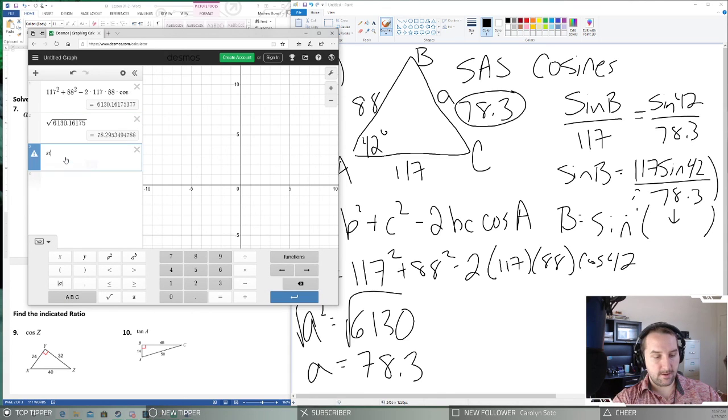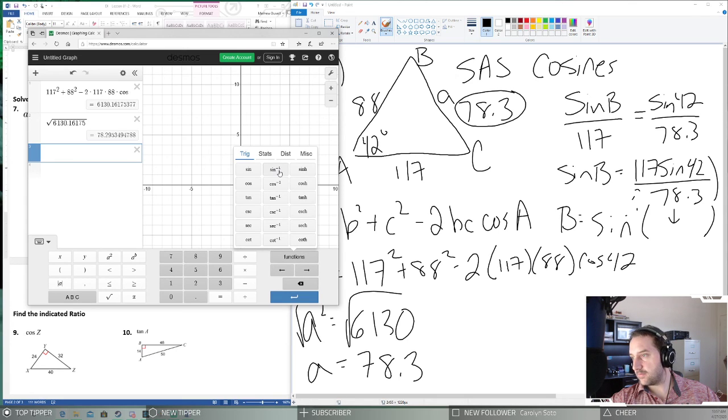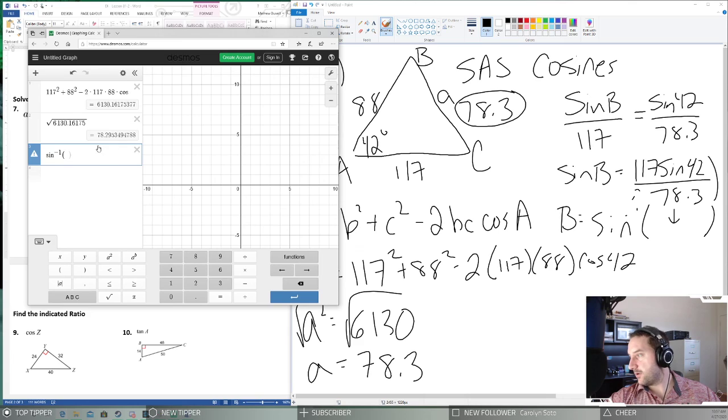So sine inverse, that won't work. I have to use the functions. Probably going to say arc sine. Oh, no, they have sine inverse. So the sine inverse of 117 sine of 42